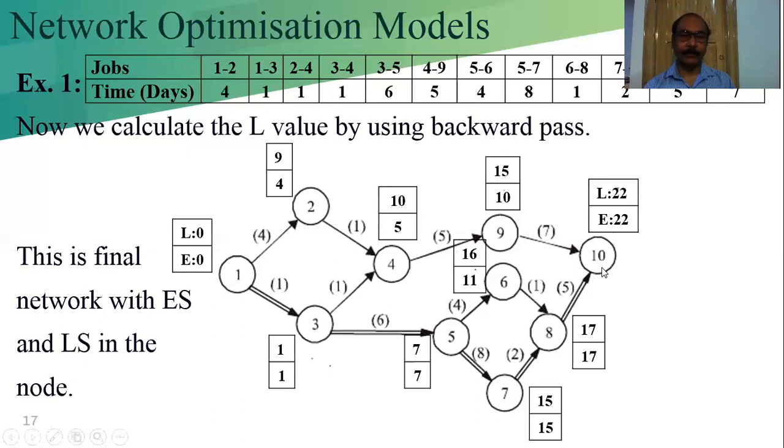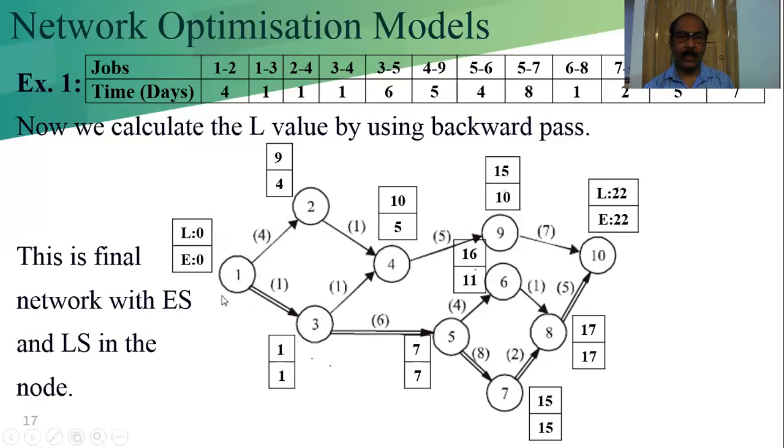So what is the critical path? This is the critical path. For the critical path, we can either use a double arrow, or darken it. If we are working on paper, we can darken it using a pen or pencil. This is the critical path, and this value is the project duration time.